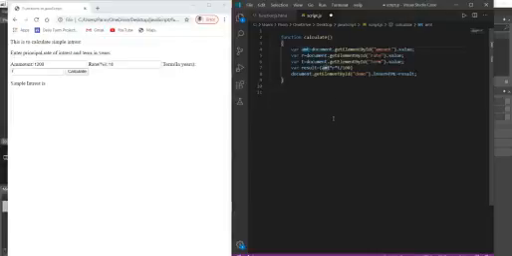So we just have to save this. If we are using the concept of an external script, we need to use the script element, which is used in HTML. Save this, refresh, and enter 1200, rate of interest 10, number of years 7. Click on calculate. It's showing that the simple interest is 840.